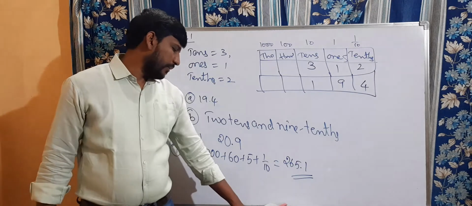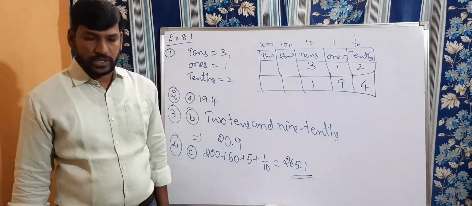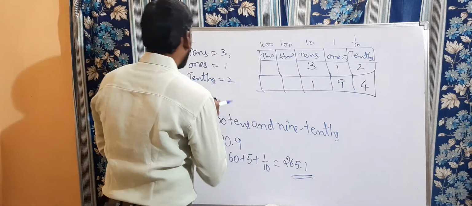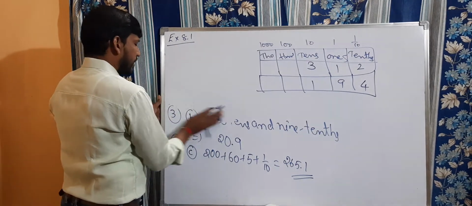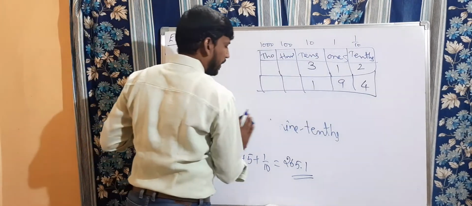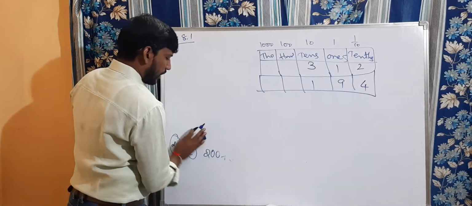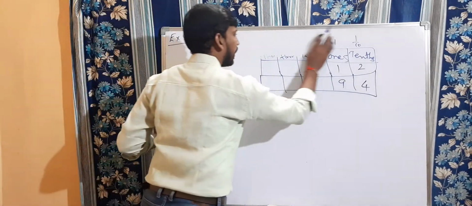Now question number 5. Write the following decimals as fractions reduced into lowest form. What is meant by lowest form? Do you know that? Lowest form means you should convert so that the GCD or HCF of both numerator and denominator must be 1. Suppose I will write one example and explain it, so you can understand easily. Clear?